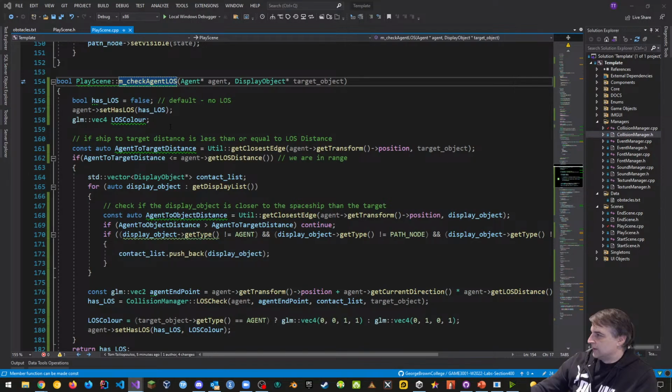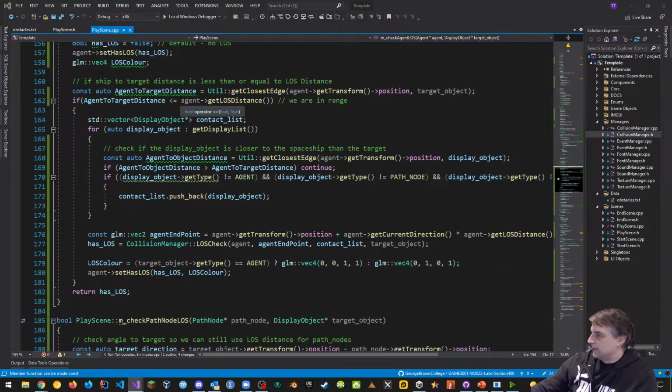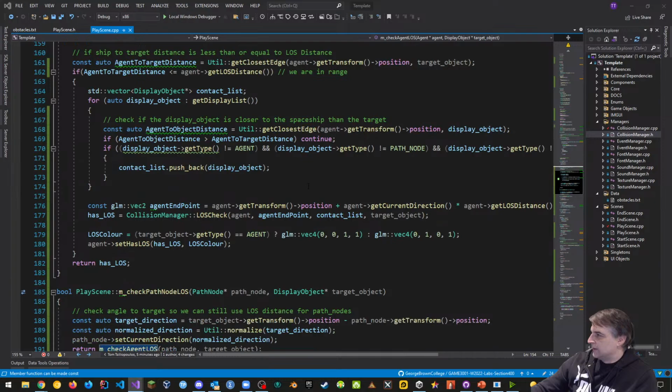Check agent line of sight. No. No. Good. Closest edge, agent, and targets. Yeah, looks all good to me.